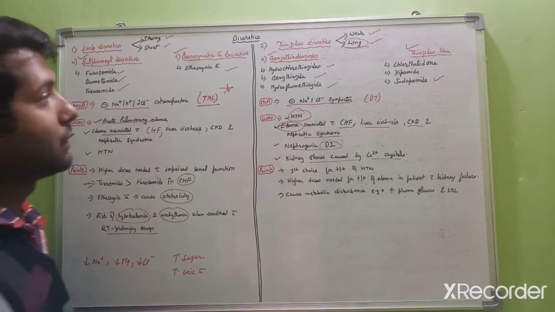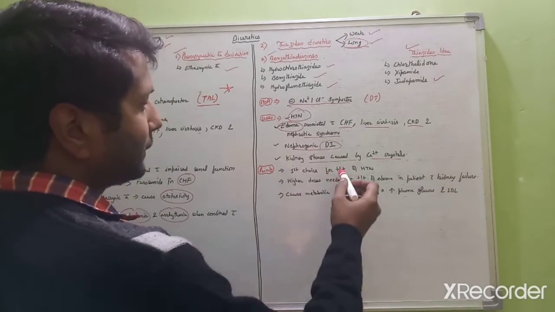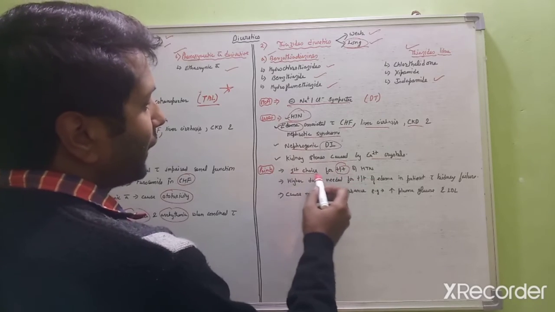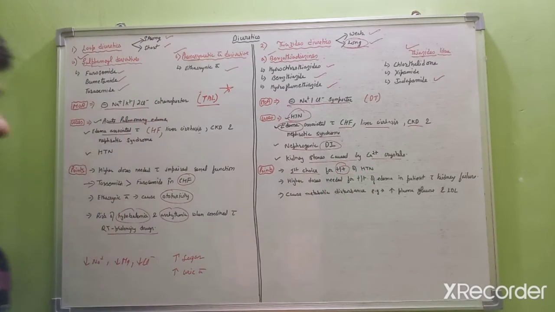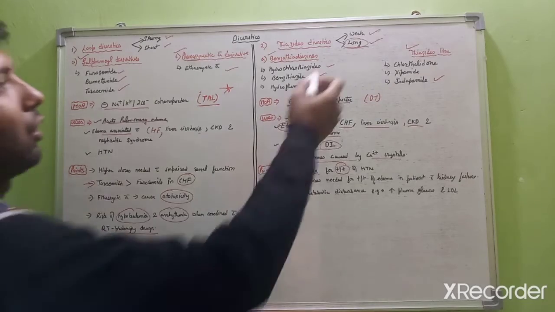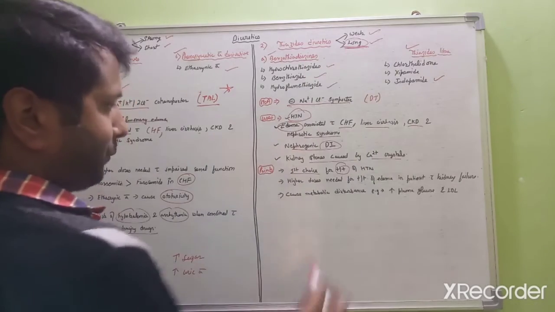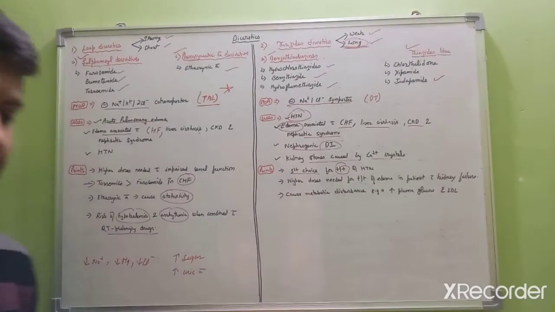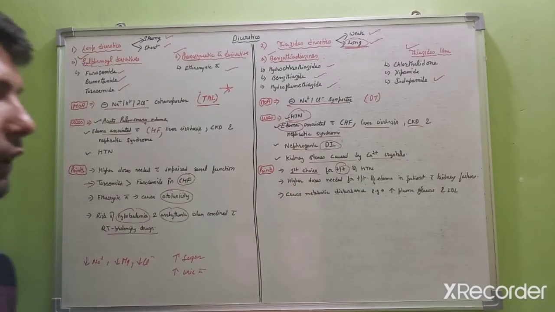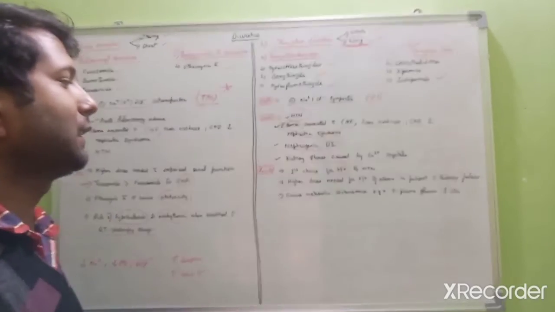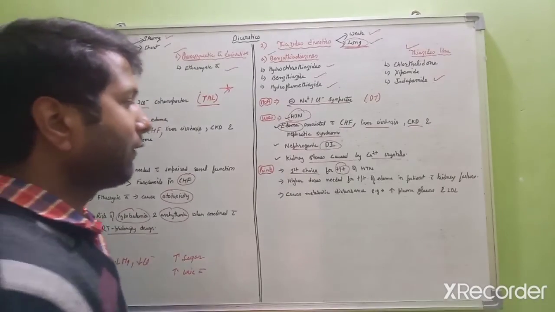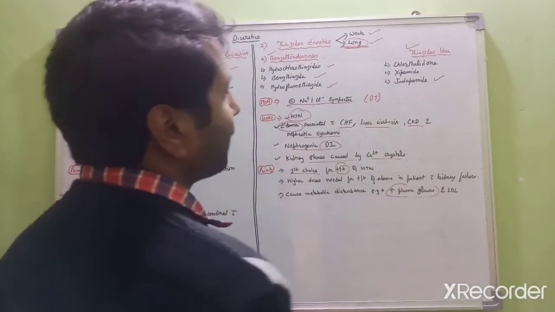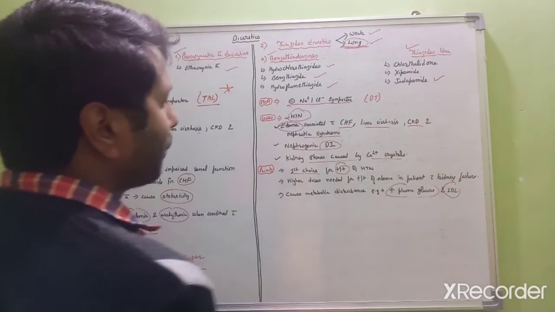So some points regarding the thiazides: they are used as the first choice of drug for the management of hypertension because of their long-acting nature. Next, if a person has a kidney impairment, we have to give a higher dose of thiazide-like drugs. And second, it will increase the plasma glucose level as well as the LDL level in the body.